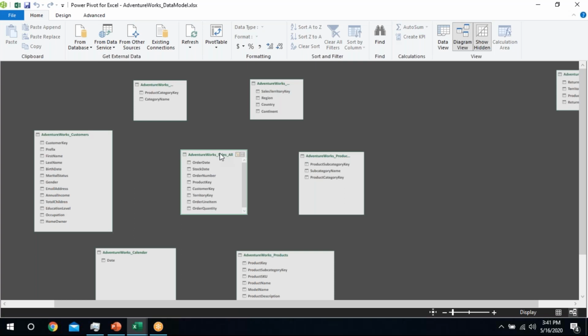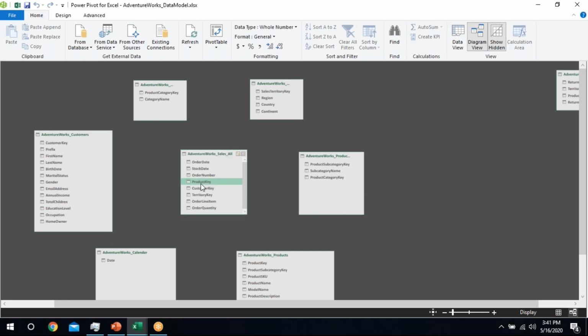Now I have to look at the lookup tables, which lookup table has defined this foreign key as its primary key in its headers. So this is the product key. Checking all the dimension tables, here I found the product key. Just clicking on my foreign key and creating a relationship with this product key.